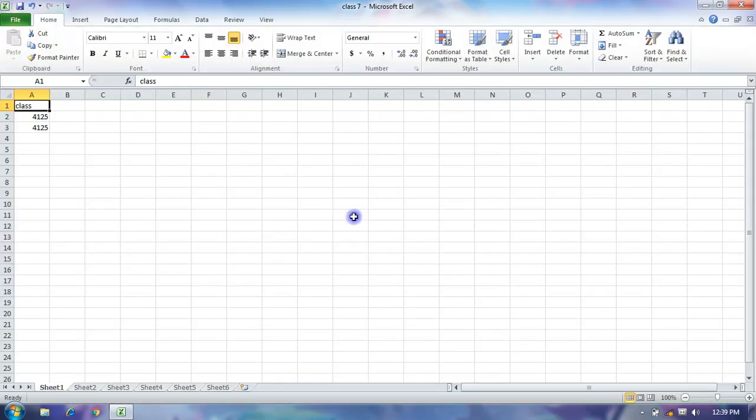Okay, now we take the first, Home tab. The Home tab consists of clipboard, format, copy, cut.